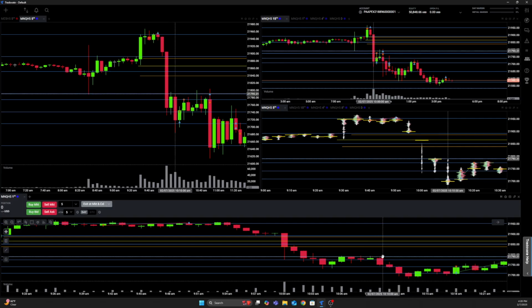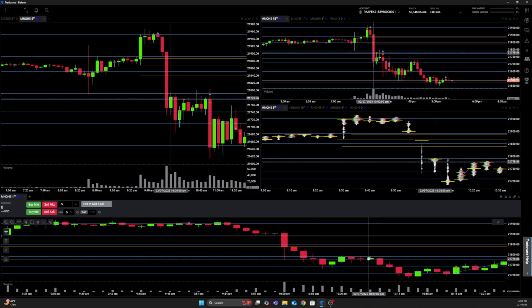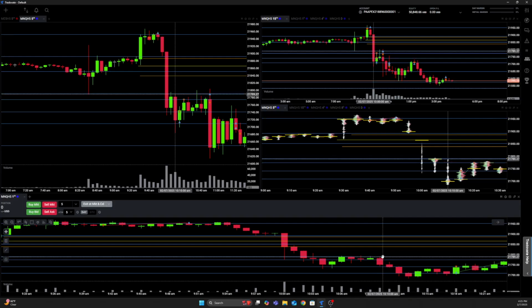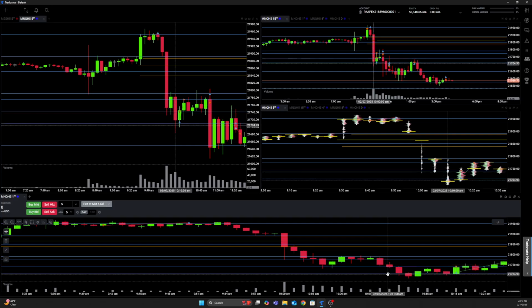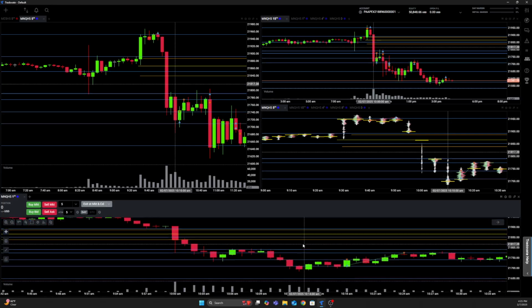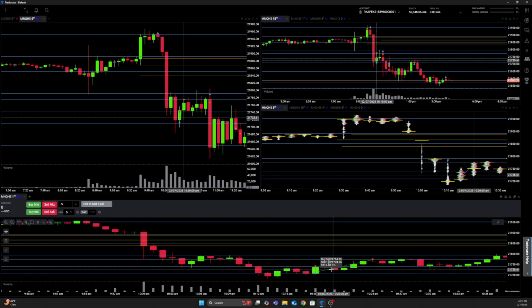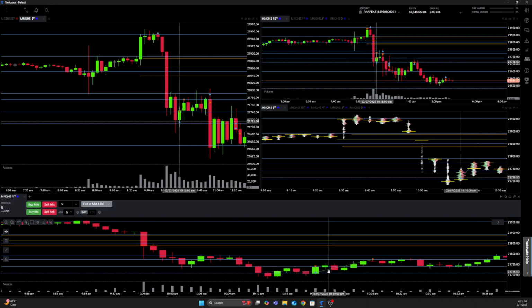So I tried to enter short in this candle here, after this one on the following 5 minute. Once this one closed, I tried to enter short and it just didn't fill me. And then that went down, and that would have been also a nice trade. So I missed that. My second trade was a winner, and this is where I should have just taken it and called it a day.